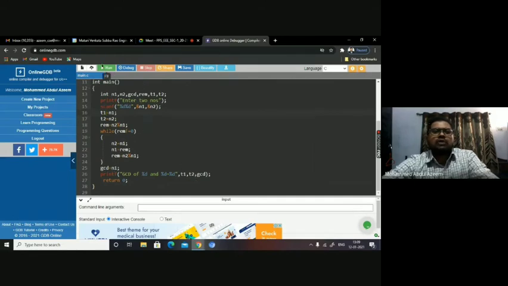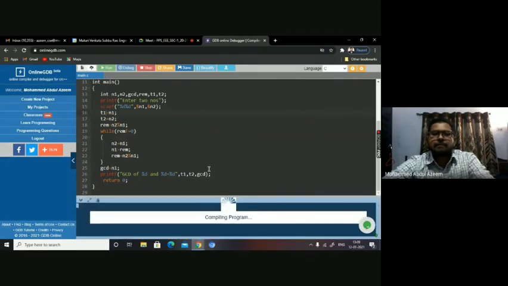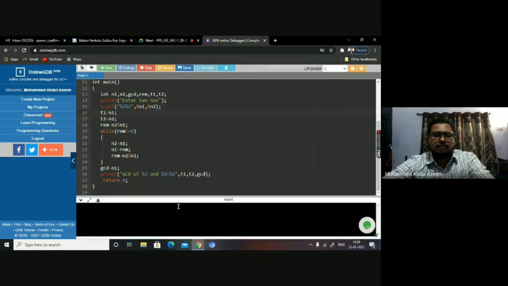Right, now we will execute the program and then see the output. Enter two numbers. Here I'm inputting one as 24, another one, let us say, 36. You can see GCD of 24 and 36 is equal to 12, you got, right?